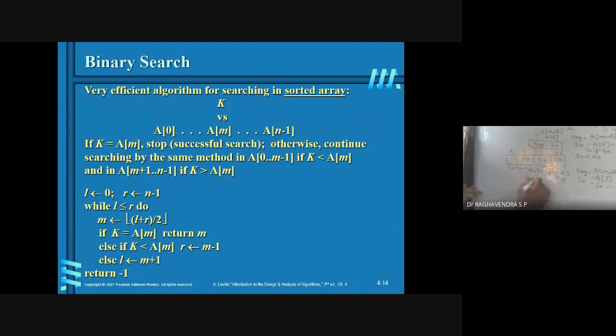So log n plus 1 base 2 will be the time complexity of this, because the division will always work on a logarithmic function. So we have n, the input size, plus 1 means we have to make the comparison for each and every value in the mid position. So that is the plus 1. So totally log n base 2 will be the time complexity of this binary search.